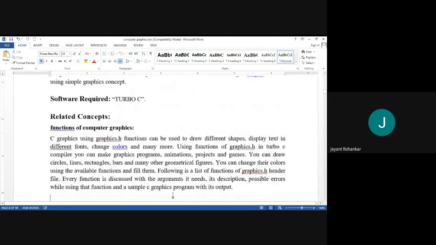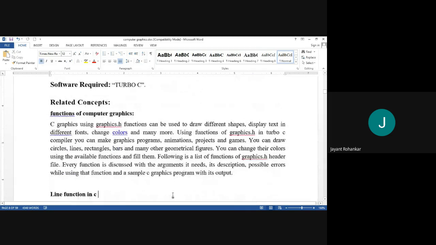Now we will see the basic concept about this experiment. The functions of computer graphics, first of all, we will see. C graphics using graphics.h functions can be used to draw different shapes, display text in different fonts, change colors, and many more.